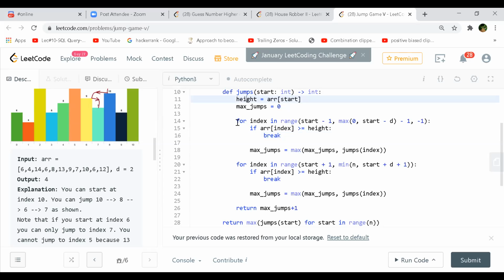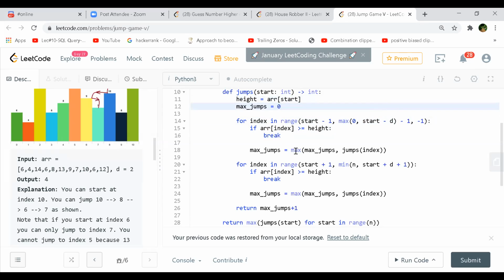So this is like when I'm going forward, whatever the start is and max of this you will take because D jumps are allowed only at max, right? And we are decreasing it by one every time. And whenever you find that current array index height is greater than the height, you will break in that case.